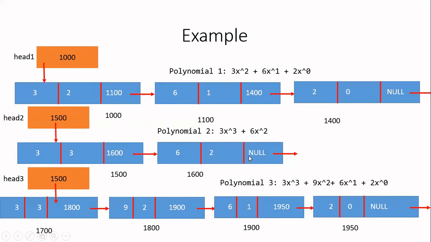Here I have null. In that case, what you have to do is, you will identify that the second polynomial is over. So whatever is available in the first polynomial, all the pending items should be created and stored in the third polynomial. So what you will do is, now the 6, 1 you will be copying here, then 2, 0 also you will be copying. After that you have null, that means you will wind up. Okay, so likewise you are going to proceed.